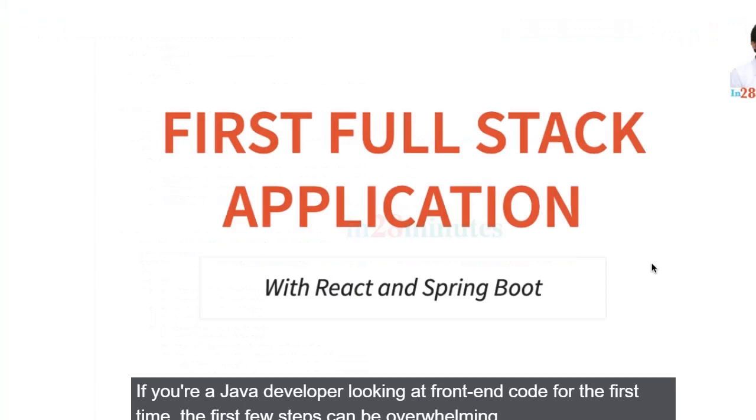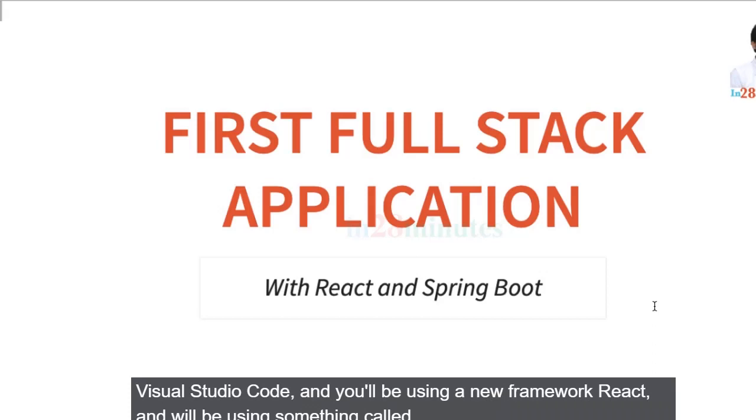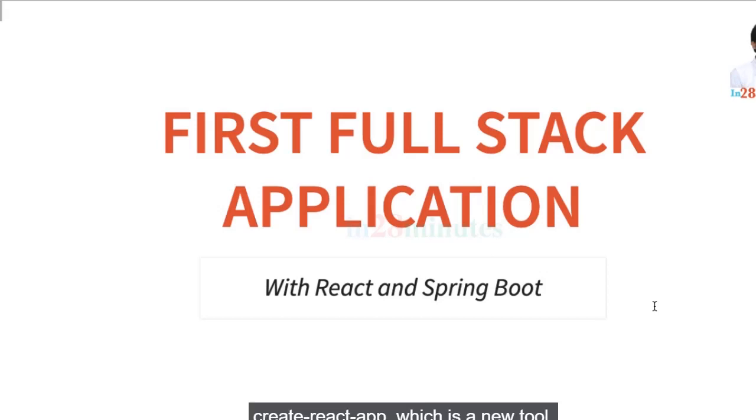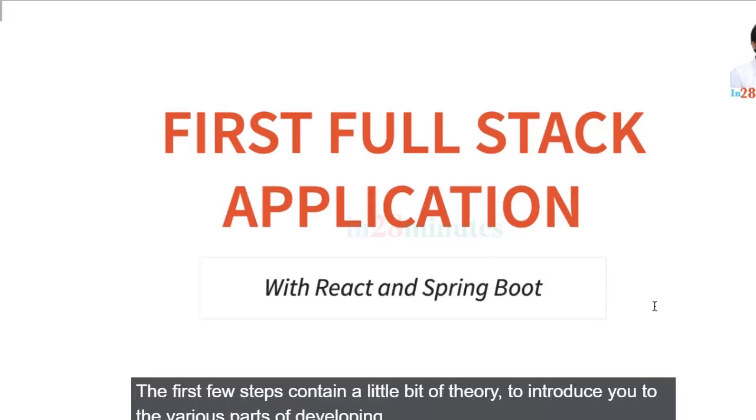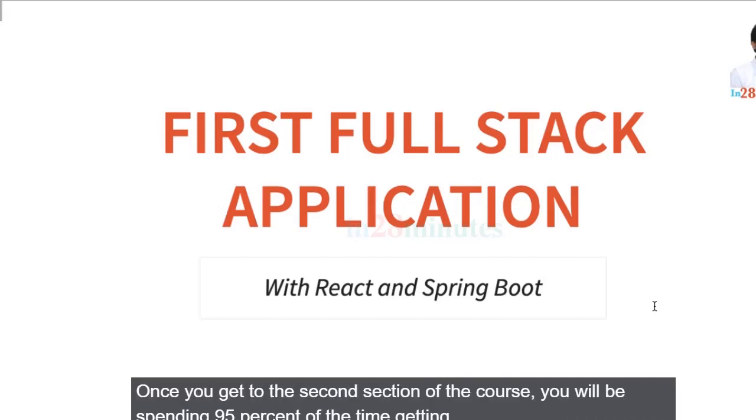If you're a Java developer looking at front-end code for the first time, the first few steps can be overwhelming. You'll be using a new language, you'll be using a new IDE, Visual Studio Code, and you'll be using a new framework, React. And we'll be using something called Create React App, which is a new tool. The first few steps contain a little bit of theory to introduce you to the various parts of developing modern JavaScript applications. Once you get to the second section of the course, you will be spending 95% of the time